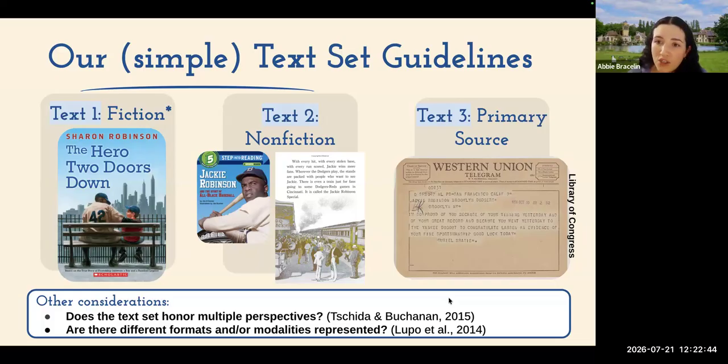Text two is my nonfiction book. So I have some books. I have a book here. This is a Step into Reading book. So this would be a book that maybe my students would read in whole group or in small group where they're actively reading themselves. Whereas maybe my chapter book, if it's for younger students, I would maybe do that as a read aloud. I would just read that to them aloud, which is really beneficial.